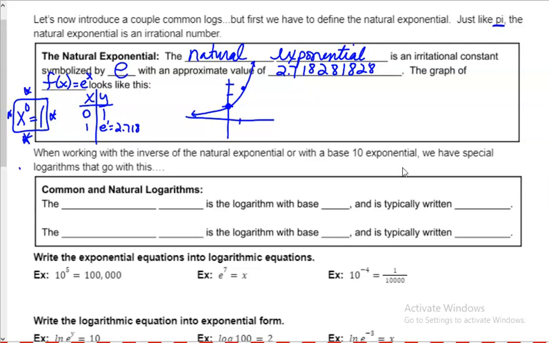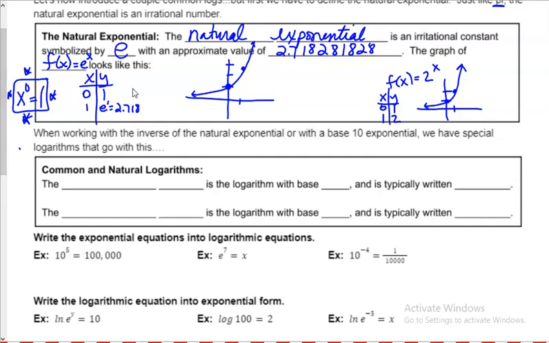Now, another graph just over here on the side for extra info, that 2 to the x, it's going to look very similar, but in its t-chart, when you put 0 in, you get 1. When you put 1 in, 2 to the first is 2. Then you still get the same look. It's just that your numbers are off just slightly. Okay? And that's okay. So when we undo this natural exponential, we're actually going to have a natural logarithm,